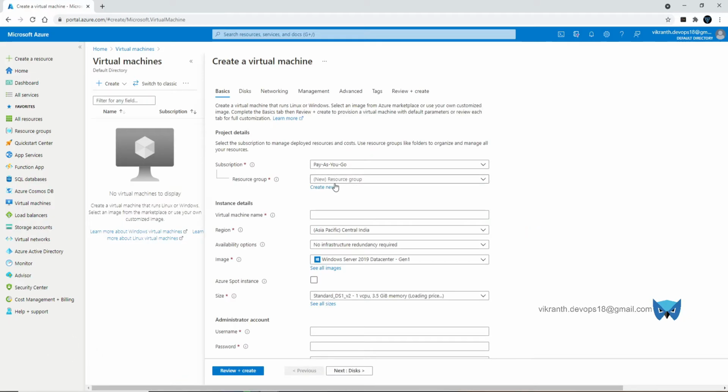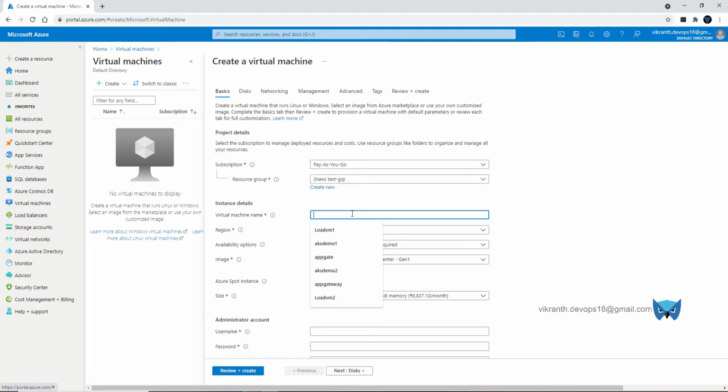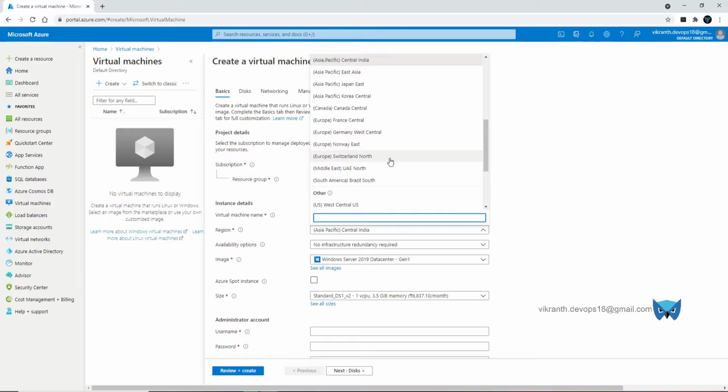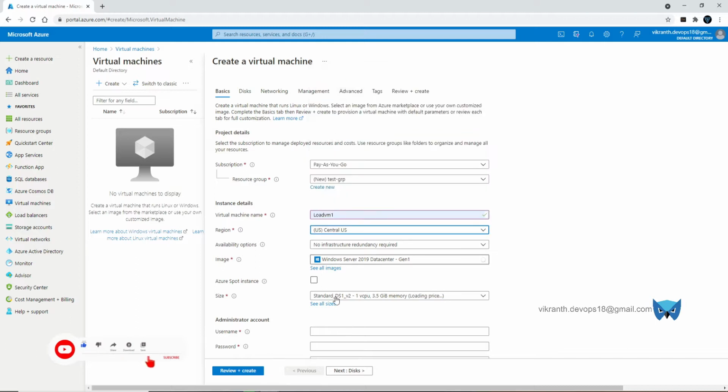Select the subscription, then create your resource group. So I am creating the resource group as test group. Okay, click on OK, and provide the VM name here, and the region I prefer is Central US. Okay, and I am not selecting any availability option, and the image I am selecting is Windows Server